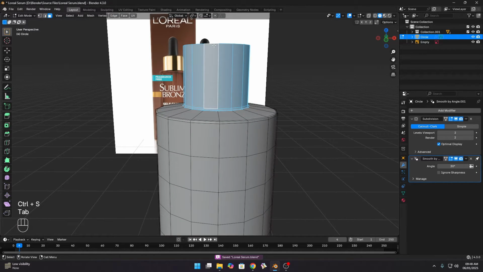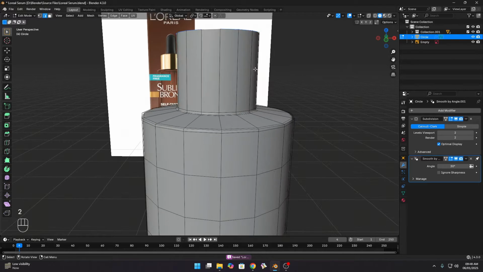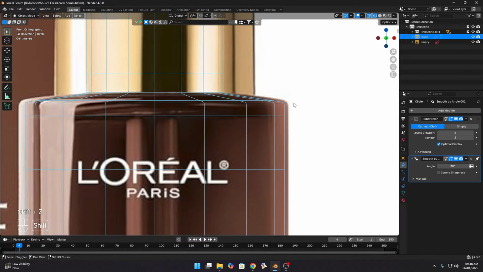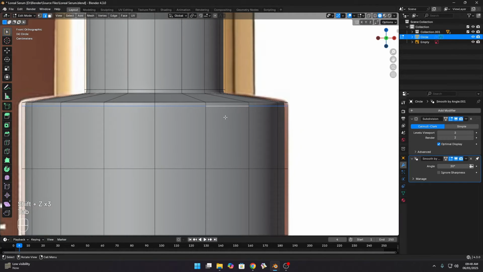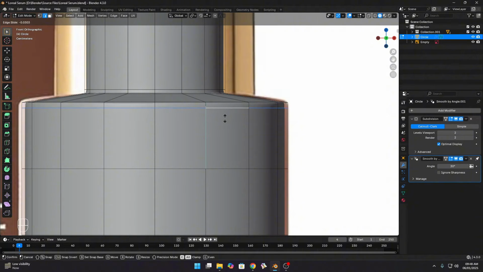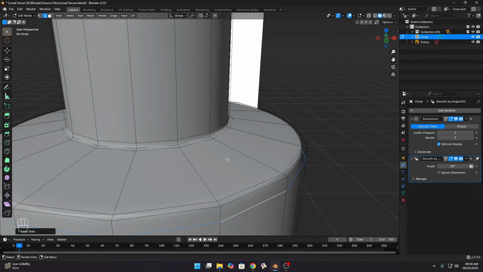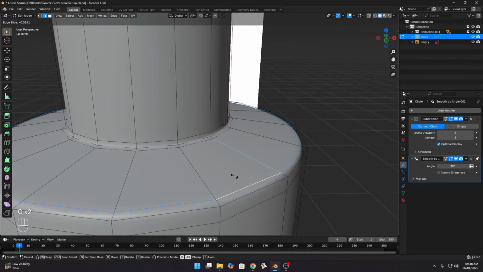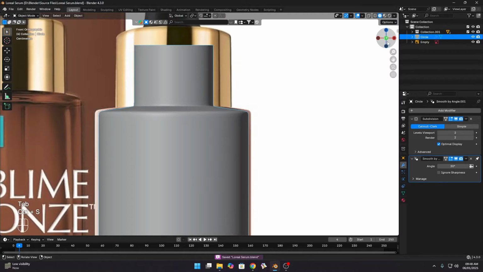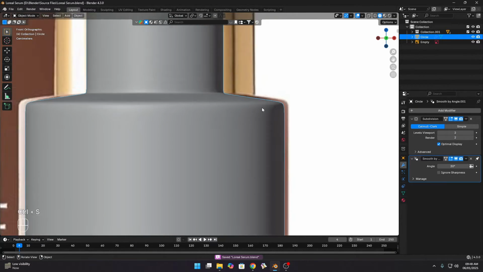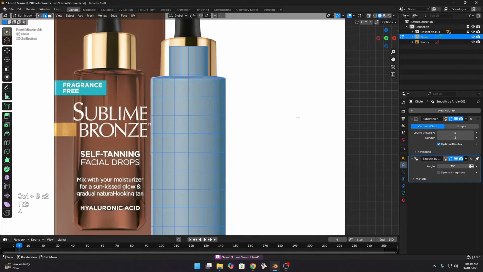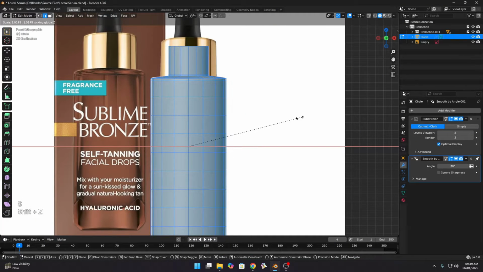I also go to edge select mode, select this and move it a little below to match the reference. I think this edge is too sharp, so go to edit mode, select this loop, press double G for edge slide mode and move like this. Same for the above loop, press double G and slide right there. Now let's see, yeah, it looks fine. Then we press A, Shift Z to skip the X and make it a little bigger.